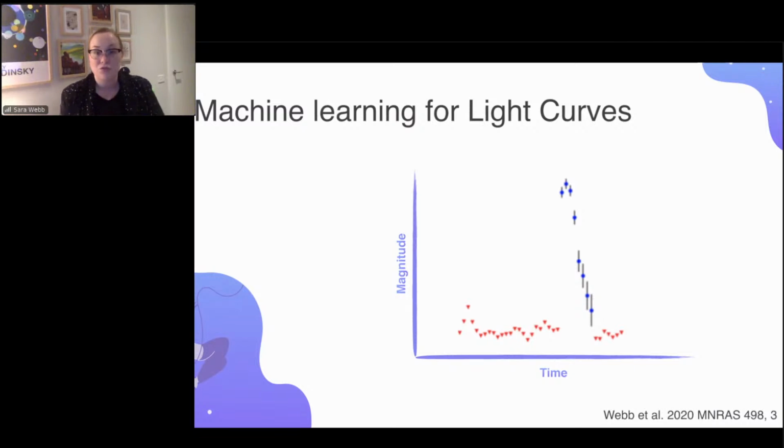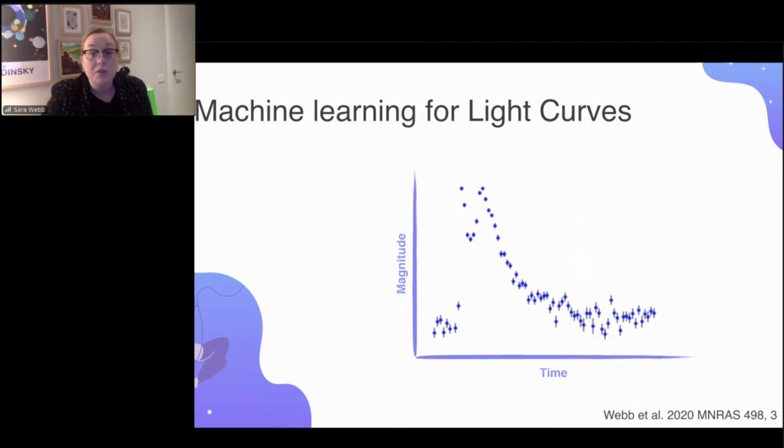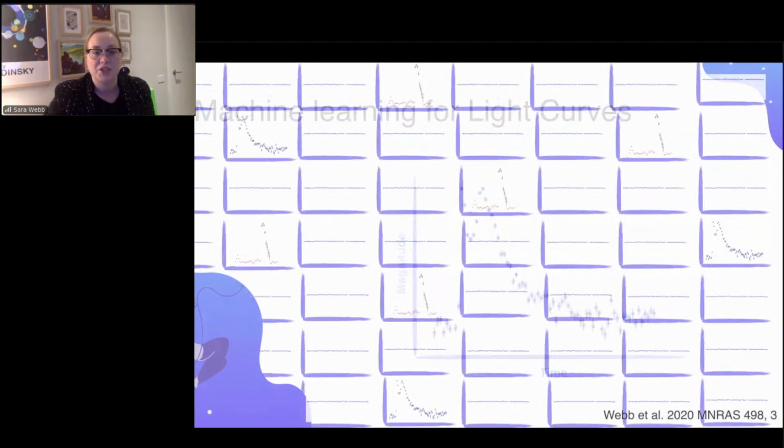So the traditional search algorithms, although brilliant, are not fantastic for looking for things that you're not quite sure you're looking for yet. So part of DWF is that we want to explore this very fast cadence data, so this minute data, to be able to see what type of transients exist on this scope. And to do that, we don't want to put ourselves in a box, just assuming it's going to be X, Y, and Z. We want to have it very open because we see with our different light curves, we get all sorts of things happening, all sorts of different shapes.